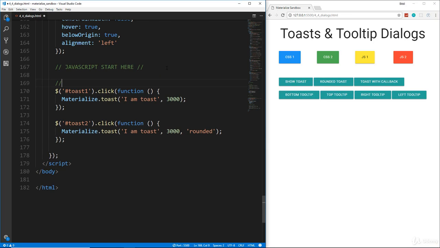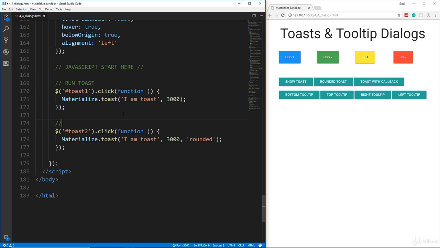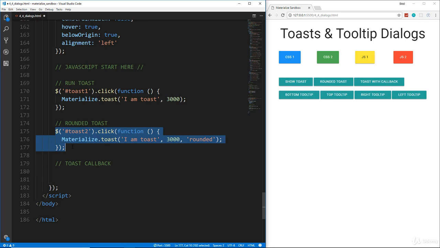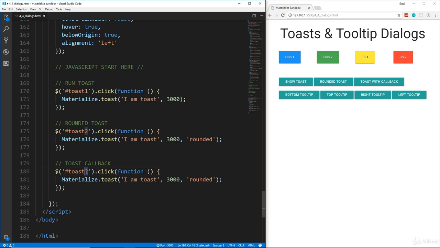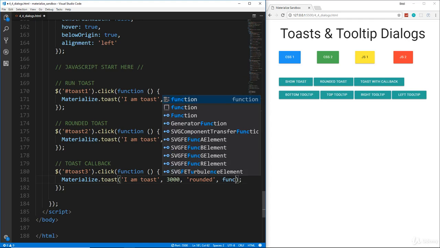Alright, so let me just put some comments here for you guys. So we'll just say run toast, rounded toast, and then we can also do a toast callback, meaning that if we wanted something to happen once the toast is dismissed and goes away, we can do that. So I'm going to copy this, and we'll change this to toast3. That's the third button, and we're just going to add in another parameter, which will be a function,